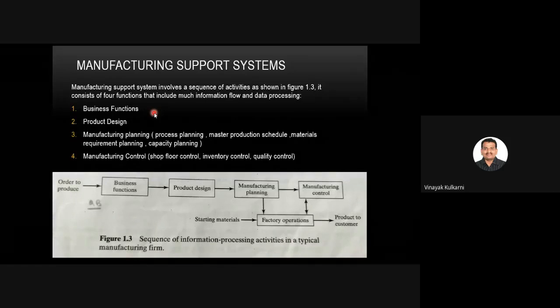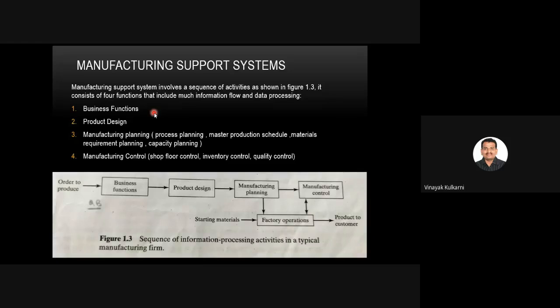Then the product design will be there. How good the product design itself is one of the major components, because how well you design that product in the shortest period of time without any errors, and how much you can make changes depending on the customer requirement. The customer requirement will never stop. He will go on changing, and at some point of time he is satisfied with the product design, and then it is sent to manufacturing planning.